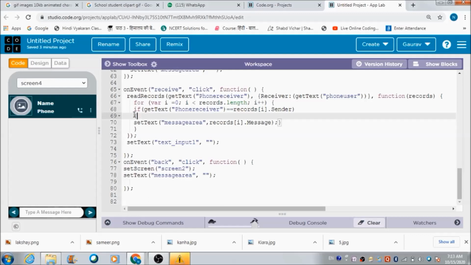Fine. Now we have defined one more condition here. It is similar to this one. If get text phone receiver is equal to the sender, fine, then only we would like to see the message. Otherwise we don't want any messages to get reflected over here.